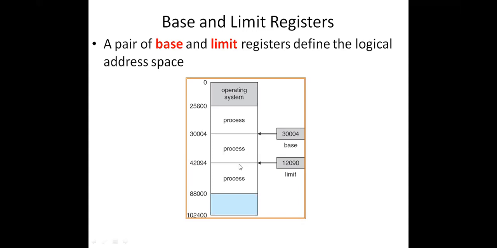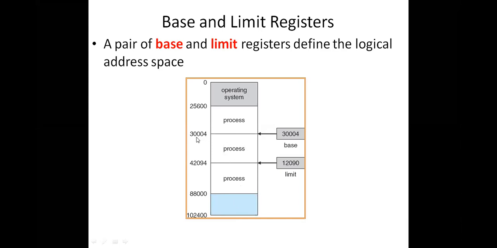So this is the user area, right? The entire user area is divided into 4 blocks. In the first block, we have kept one process. In the second block, we kept one more process. In the third block, we kept one more process. All these processes are kept in the main memory for execution. If you observe this blue color, here we are not keeping any process. That means it is a free block. Till now we have only 3 processes in the main memory. What is the size of each process?